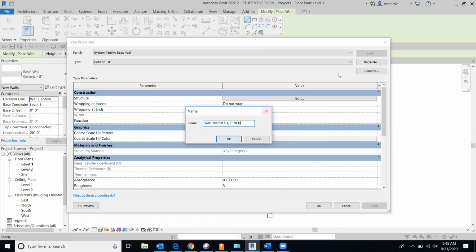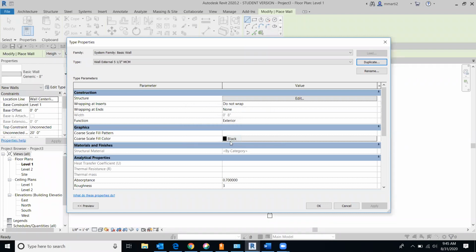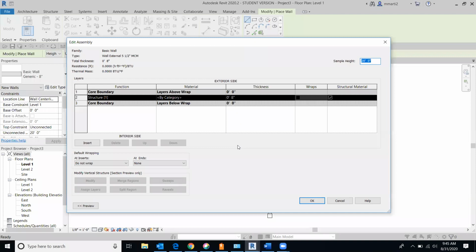So once we've duplicated and renamed, hit OK. Now we have the original basic wall and we have the one we created. And we want to do that because we don't want to change the parameters of the original wall with our new wall. So we're going to go ahead and hit edit. And in this window,